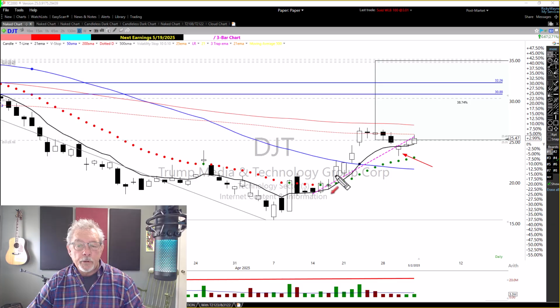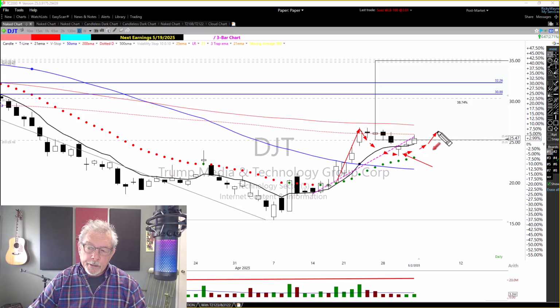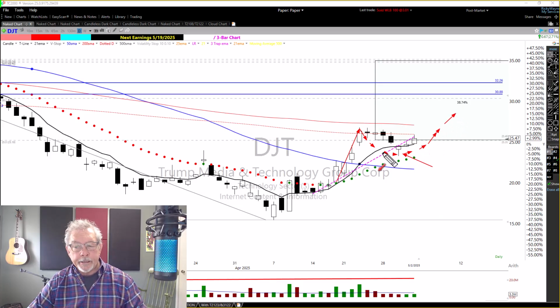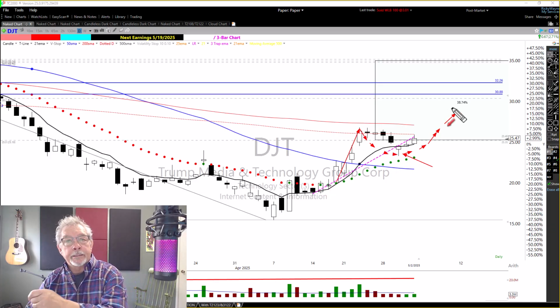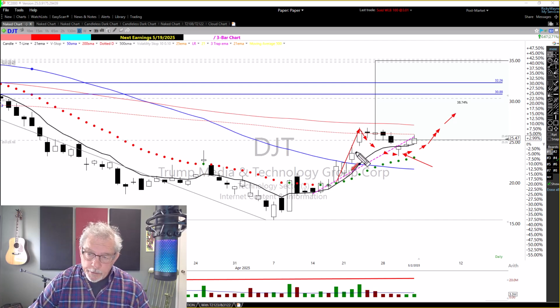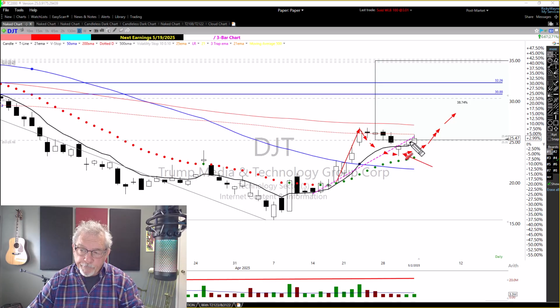Those that are familiar with a J-hook, a J-hook is just a fancy name for a continuation pattern. And a continuation pattern is simply a chart that's in a trend, pulls back, and then gets back into that trend. So here we are, we trended up, we pulled back, and now I'm looking for this to get back